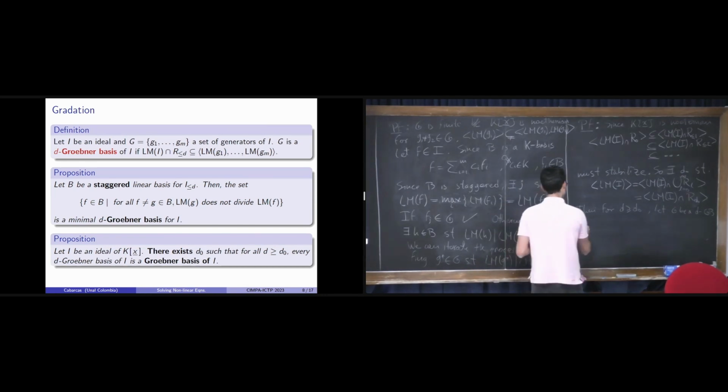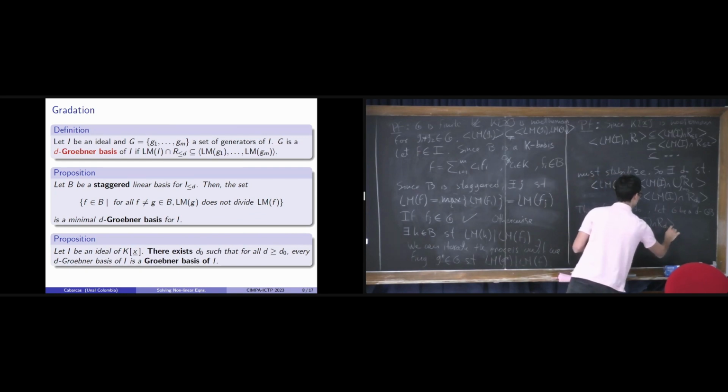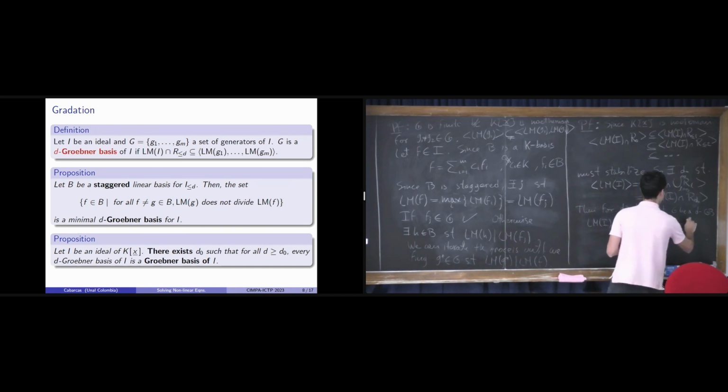Then the leading monomials of I, which are equal to the ideal generated by the leading monomials of I intersected with R sub D0, which is equal to, because it stabilizes there, the leading monomials of I intersected with R sub D,